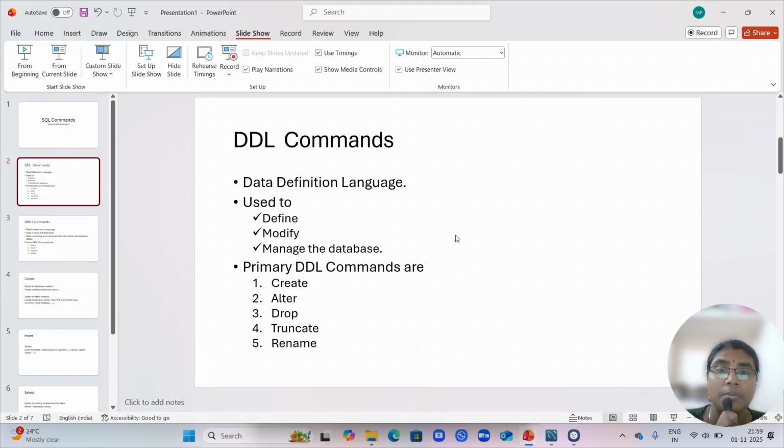So in the DDL commands, five primary commands help us. They are create, alter, drop, truncate, and rename. So these five commands are the DDL primary commands. By using the create command, we can create a table as well as a database. And alter. So the alter command